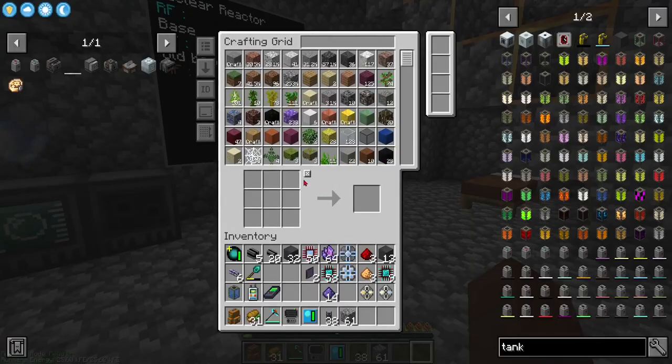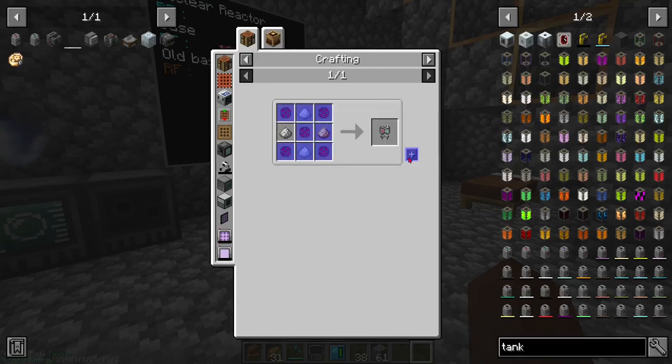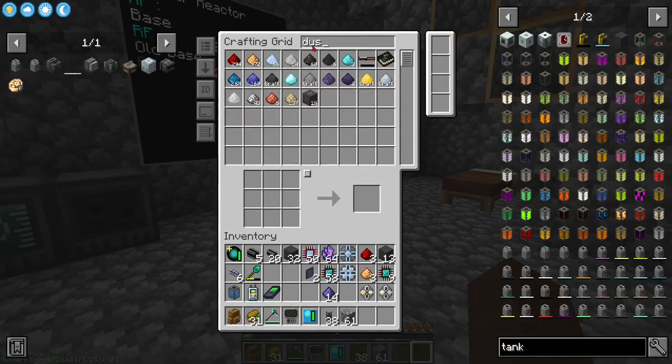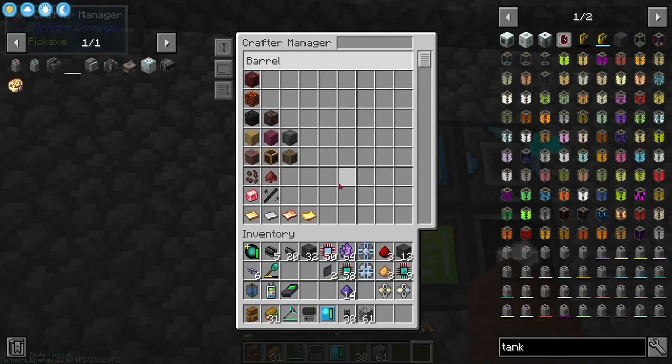Anyway, what I want to start off with is probably getting a bunch of the generators. I do not have electrolytic cores. Everything here except for iron dust can be crafted. How much iron dust do I have? Aluminum, I have a seemingly decent amount of iron dust. What I could do